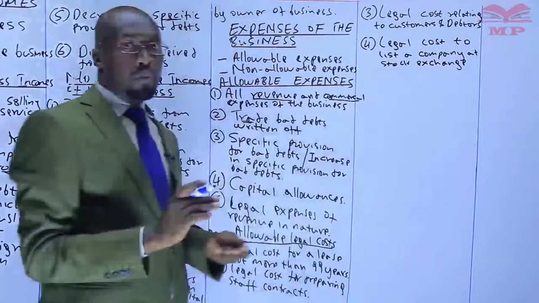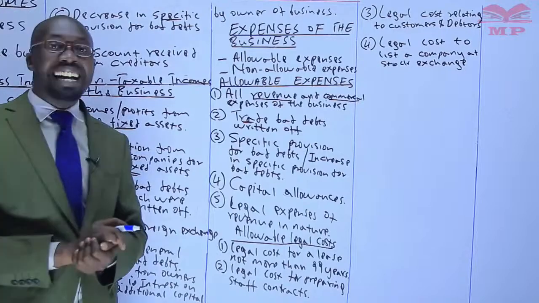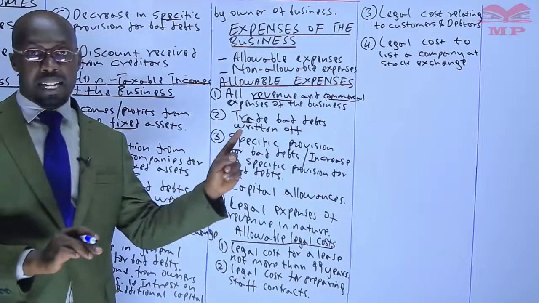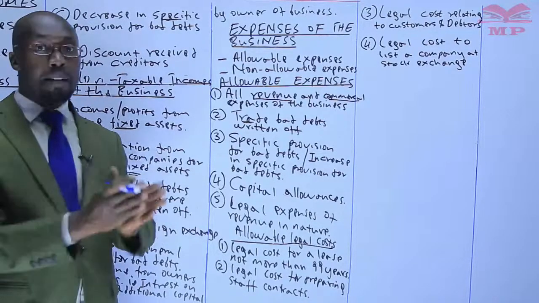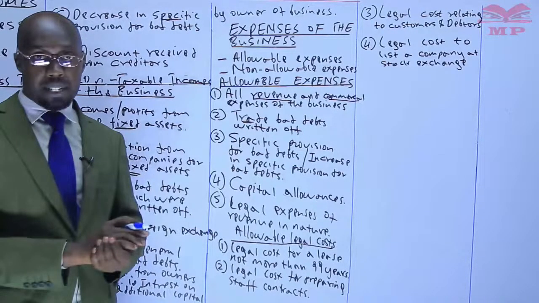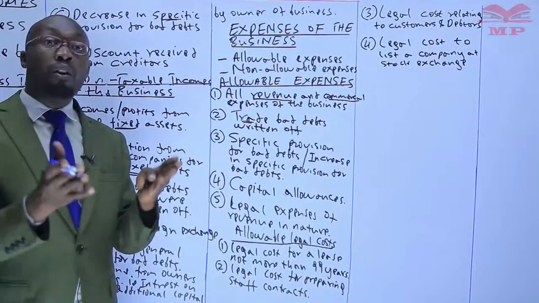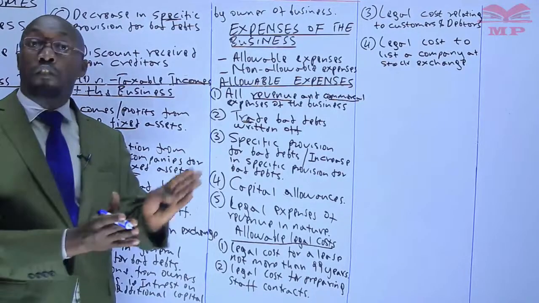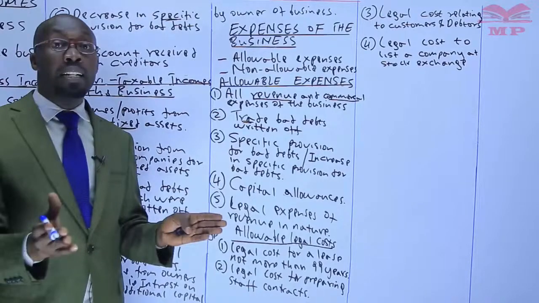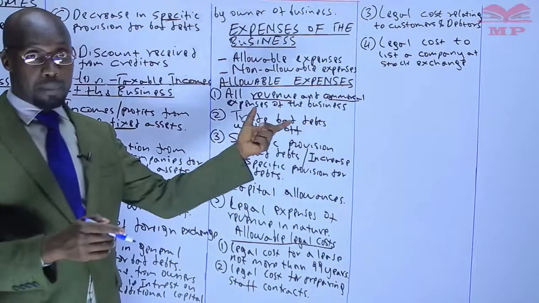We normally have what we call listed companies or quoted companies. These are companies whose shares are traded at stock exchange market. In Kenya, we have Nairobi Stock Exchange Market. That means anybody who may want to become a shareholder of that company just need to go there and you buy shares of that company. It's open. When that company was getting there, it could have incurred several costs. One of them was to hire a lawyer to help them in preparing the document for presentation to, for example, Capital Market Authority, for their shares to be traded there. That legal cost they paid when they were getting there, it's supposed to be an allowable expense.